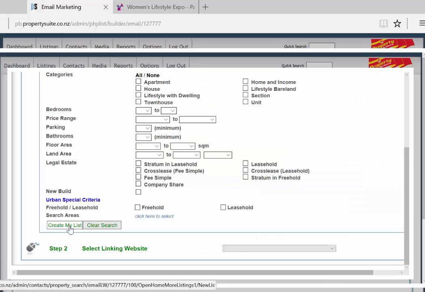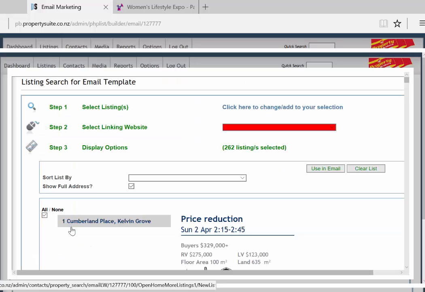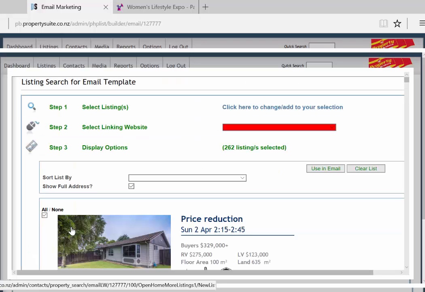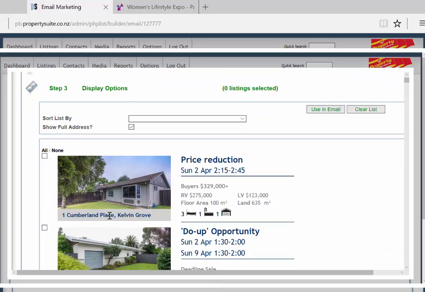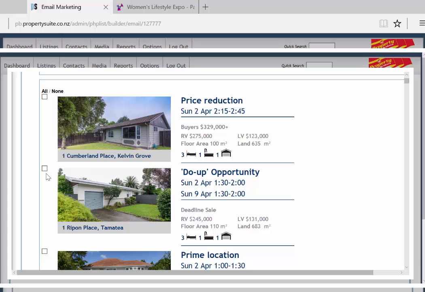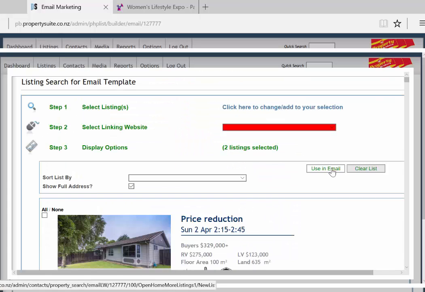So we do recommend that under each heading you only put a maximum of 2 listings per heading. If you do tend to put a lot in there, it will again make your newsletter quite lengthy, so we do want to try and avoid this. We do recommend that you also put 2 headings only, so you could have open homes or current listings, recently sold or recent listings. So we'll go through now and we'll select a couple of open homes and select use